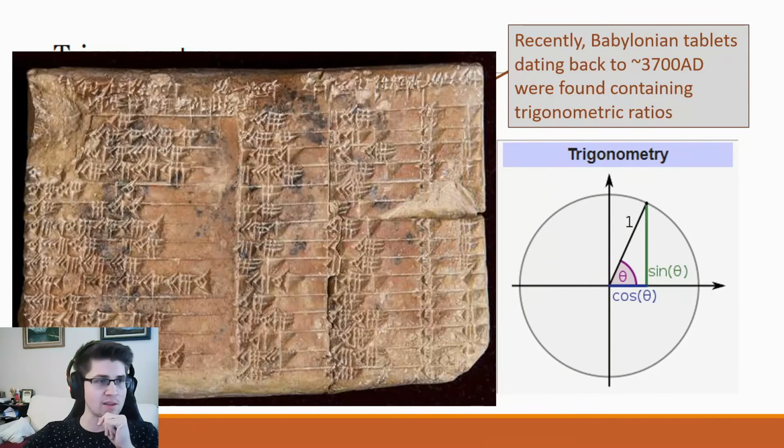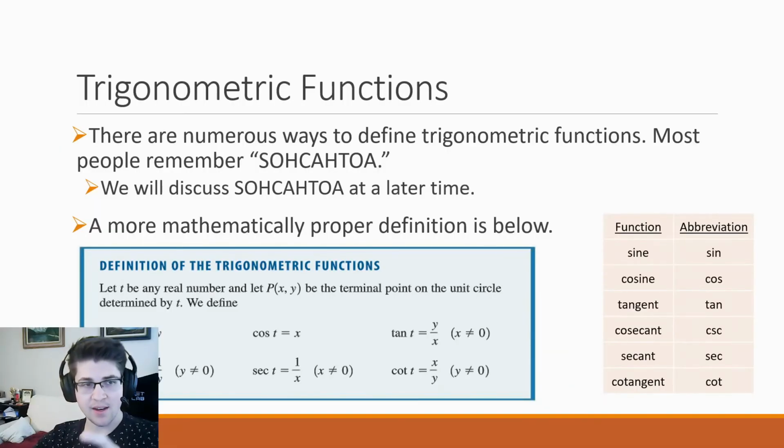This was the tablet that was found, and we're not going to get into Babylonian number systems, but I thought that was kind of interesting. We don't necessarily know everything about the history of math, because sometimes we're still uncovering ways that early man used it. Now, modern trigonometry is quite a bit different than historic trigonometry, so we're going to transition to focusing on